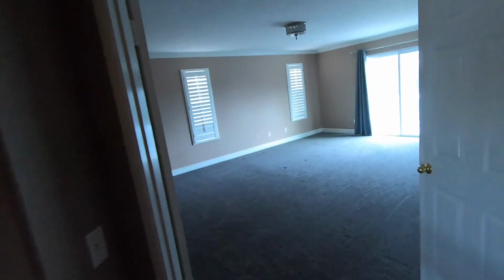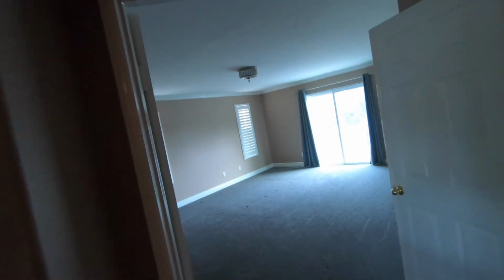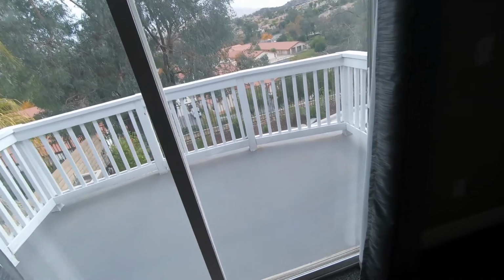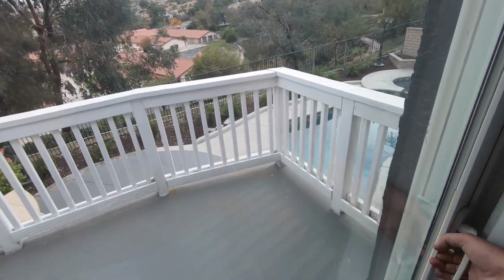And then the last bedroom is the best bedroom of all, our favorite. Check this out, you guys. It is the master bedroom. Huge, elegant when you walk in. You have the window out to the balcony. So we have a balcony, and you can come out here